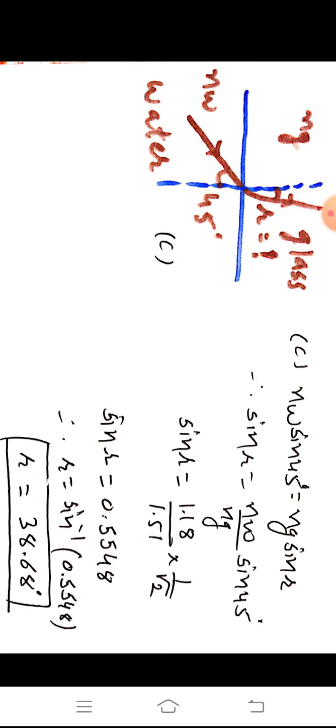That's why अगर 0.5548 साइन के टेबल में दिखे तो हमें मिलेगा 38.68 डिग्री। जस्ट चेक इट फ्रेंड्स कि 0.5548 साइन के टेबल में कितना मिल रहा है हमें, दैट इज 38.68 डिग्री।